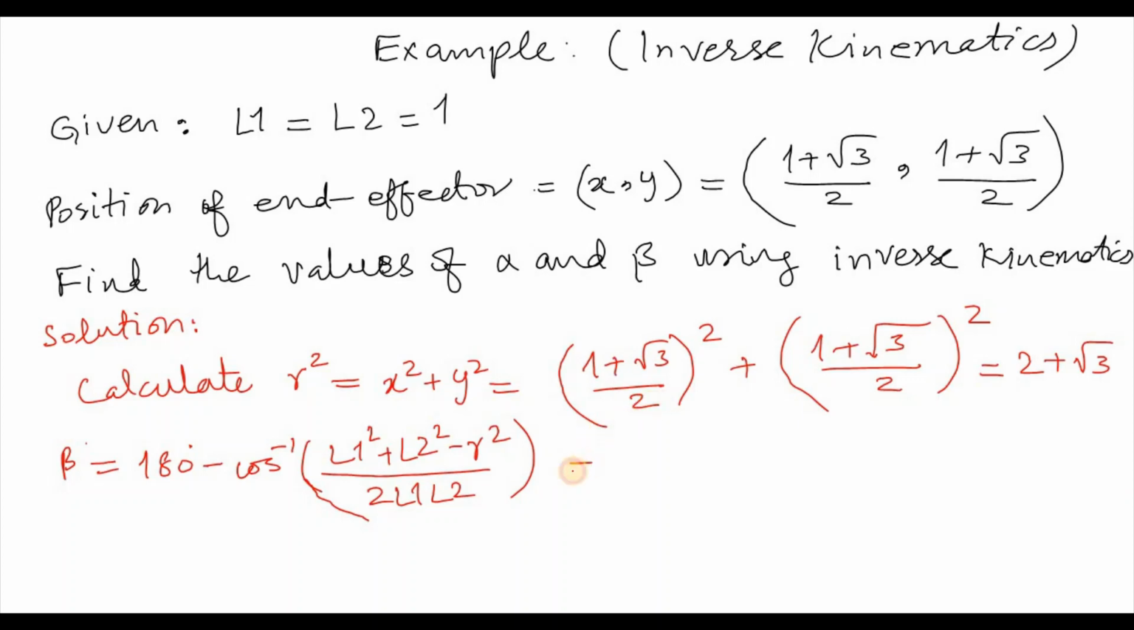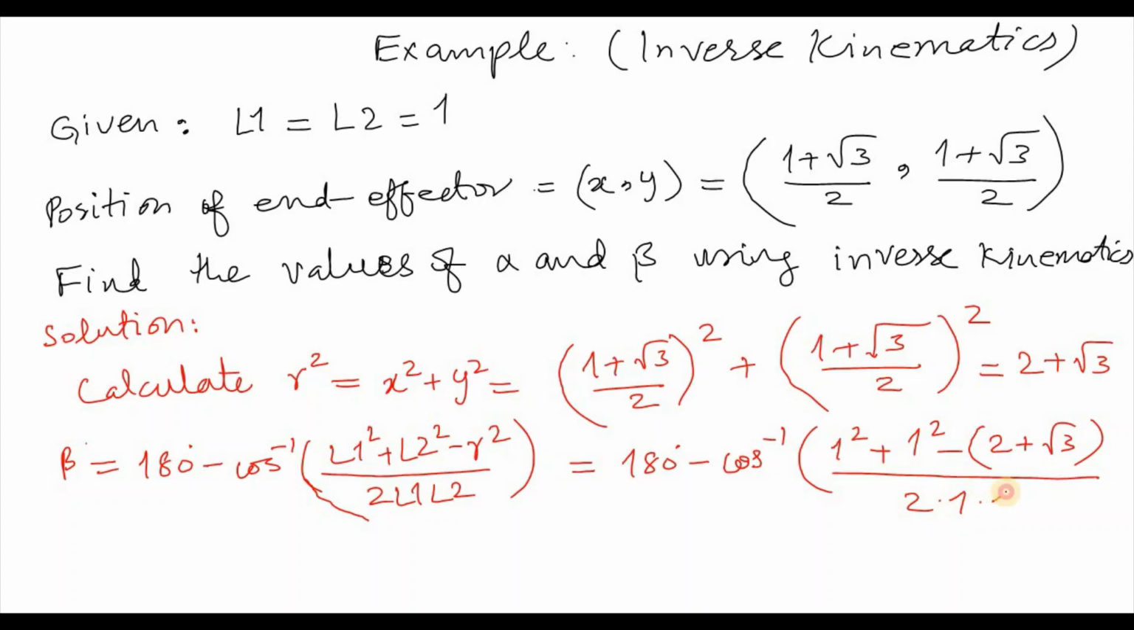So if you put the values here, it will be 180 degree minus cos inverse, this is 1 square plus 1 square minus (2 plus under root 3) divided by 2 into 1 into 1, and the final answer will be 180 degree minus cos inverse minus under root 3 by 2, and this equates to,